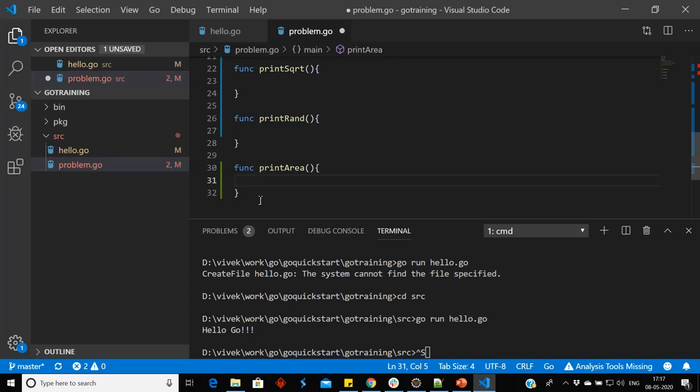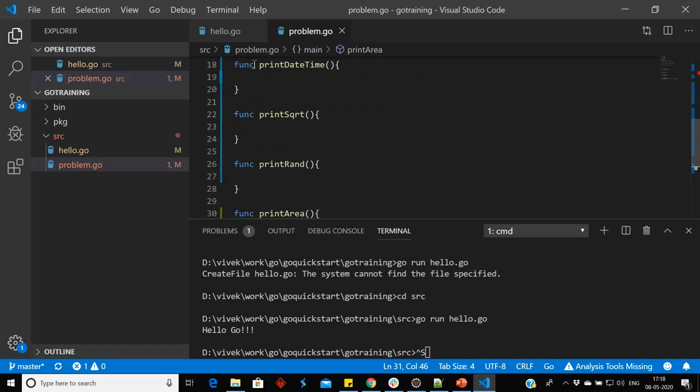For printing the area of a circle, we can write the logic: pi multiplied by radius. Suppose the radius is 10, then this would be the area of the circle.